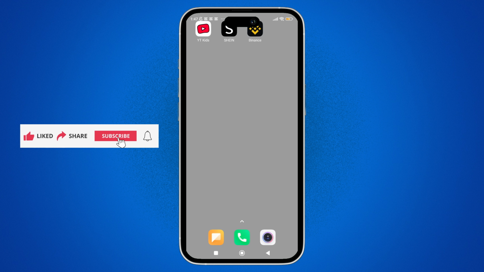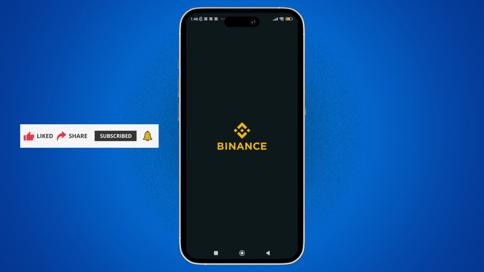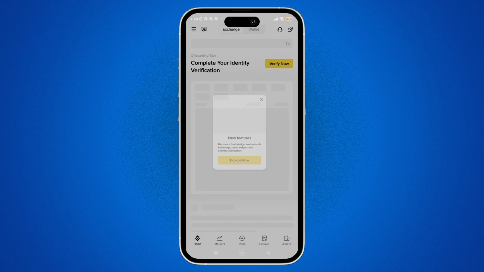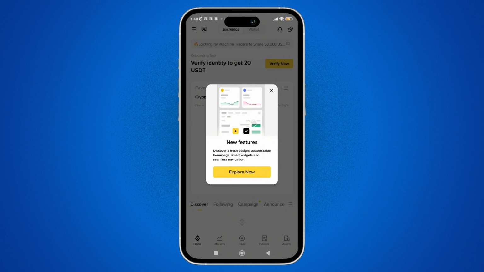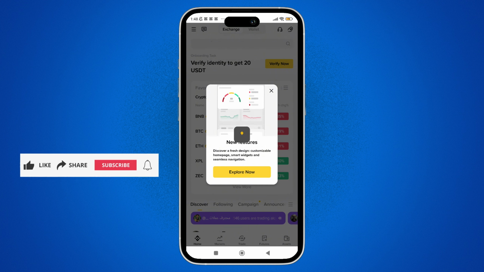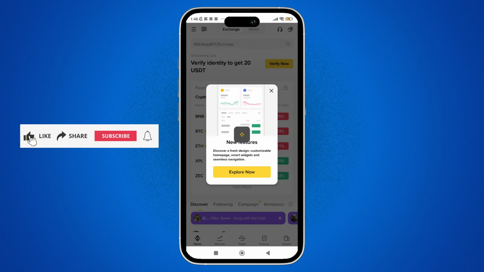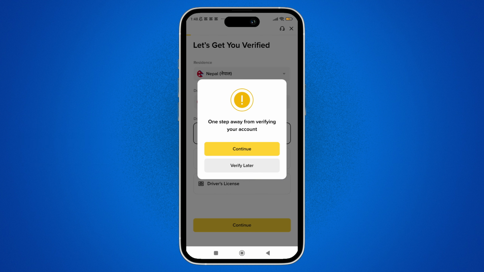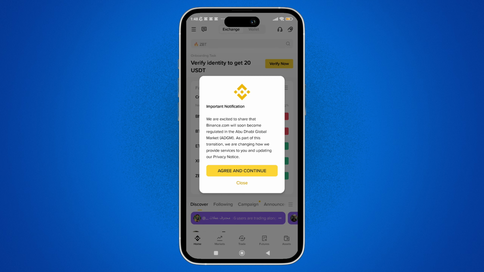So here, first thing first, open the Binance app and make sure that you're logged in to your account. And here, if you don't have an account yet, just create one and complete the identity verification, as this is required before buying crypto. And here, once you are logged in, just tap on the buy crypto option on the home screen,